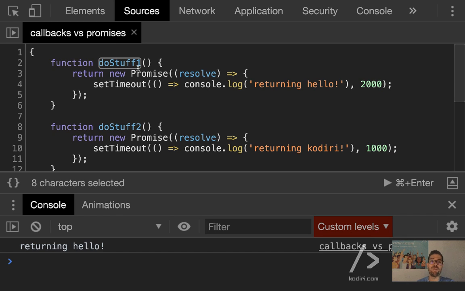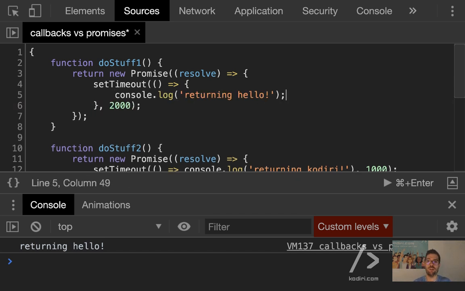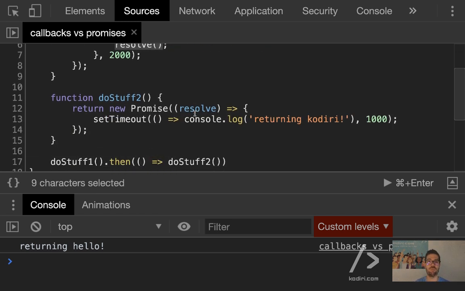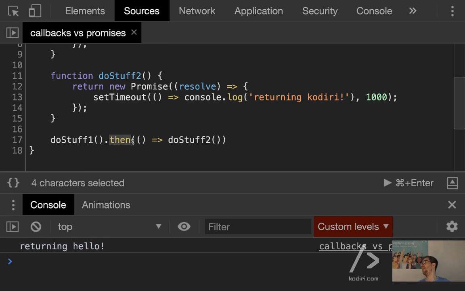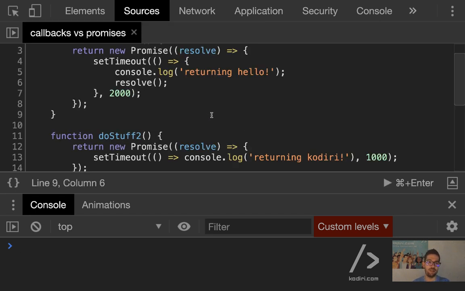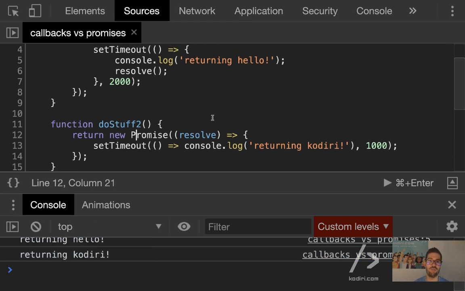Every time you use a promise, you should resolve something. Let me display that. After 2 seconds, I want to display a console log, whatever, no problem at all. But then I need to tell JavaScript, hey, this function is completed. Only after we invoke resolve, dot then will run. That was the first and the main problem. So let's run the snippet again. 2 seconds, and then after 1 additional second, now it does run our second function.